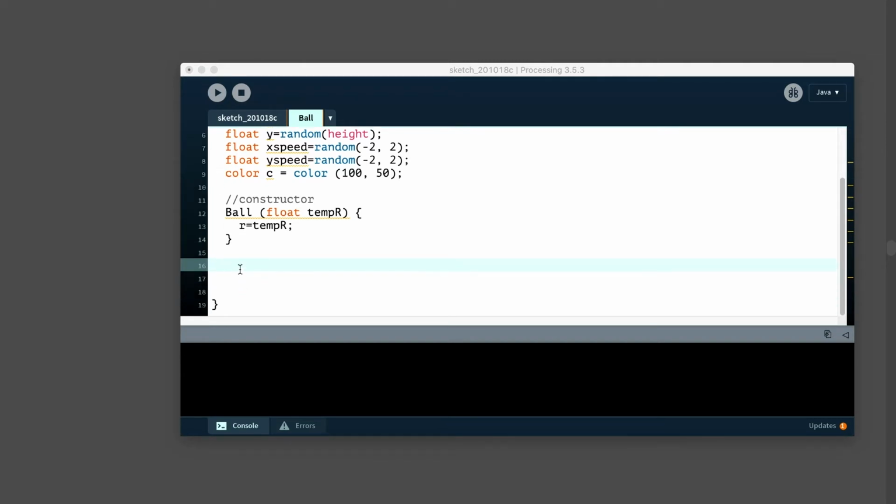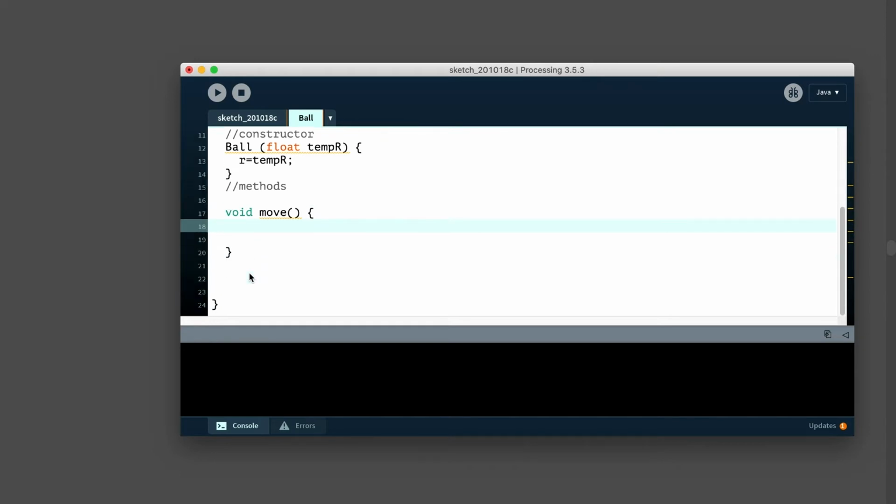Let's start to write our methods. I can't write it correctly today. We're going to start with a void move. So we will break this down a little bit more. Now, in the past, we've had x or y plus equals speed.